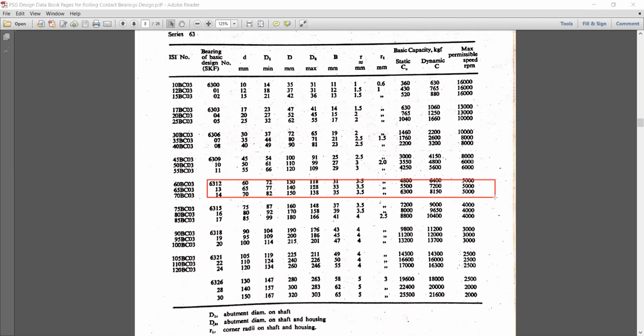The diameter is given as 60 mm. Then static capacity is 4800 kgf and dynamic capacity is 6400 kgf. Now we just note down those values, because these values are required for further calculation,